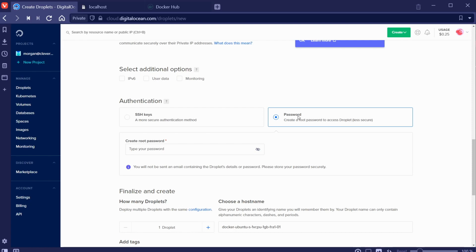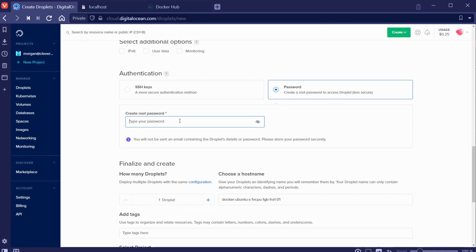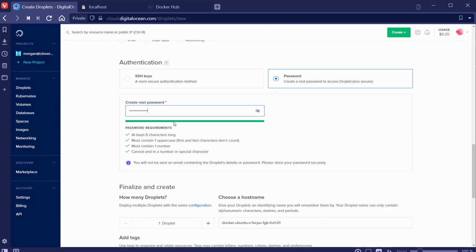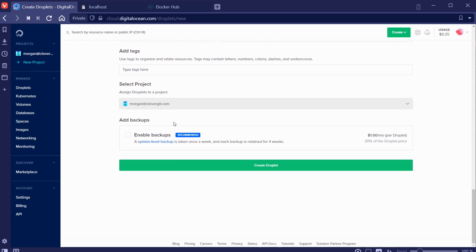I'm going to choose the simpler one, which is password, but if you know a little bit about SSH keys, this is a better one to choose. So I need to specify a password here, and make sure you remember this. Once this turns green, it should be happy with the password you've chosen. And if you come down here and click create droplet,